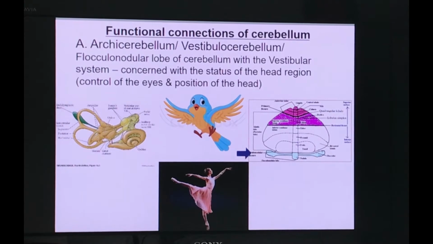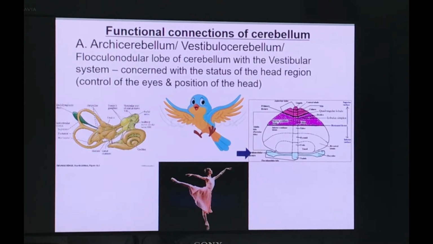So in part 1, I had mentioned the multiple ways of dividing the cerebellum. One is the anatomical division, where the cerebellum is divided into anterior, posterior and flocculonodular lobe. The next is the functional division, where the cerebellum is divided into vestibulocerebellum, spinocerebellum and cerebrocerebellum. The other classification is by evolution, which is archicerebellum, paleocerebellum and neocerebellum.